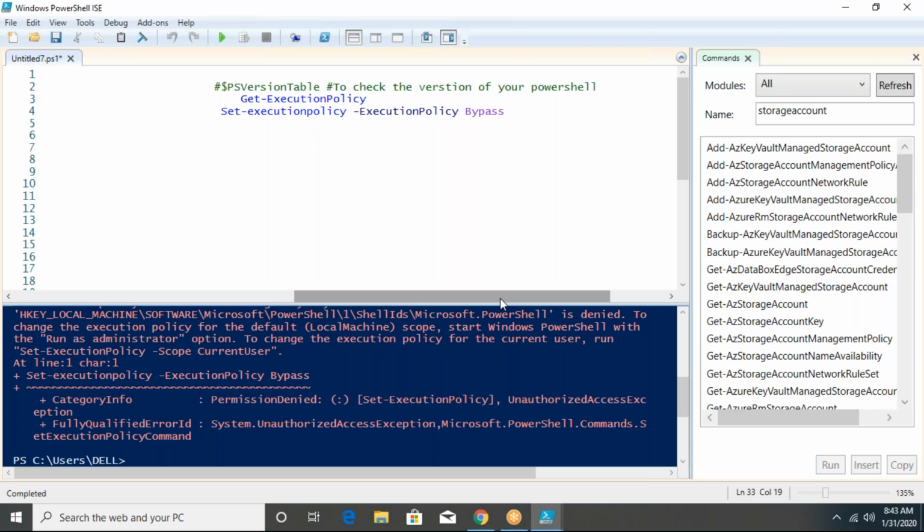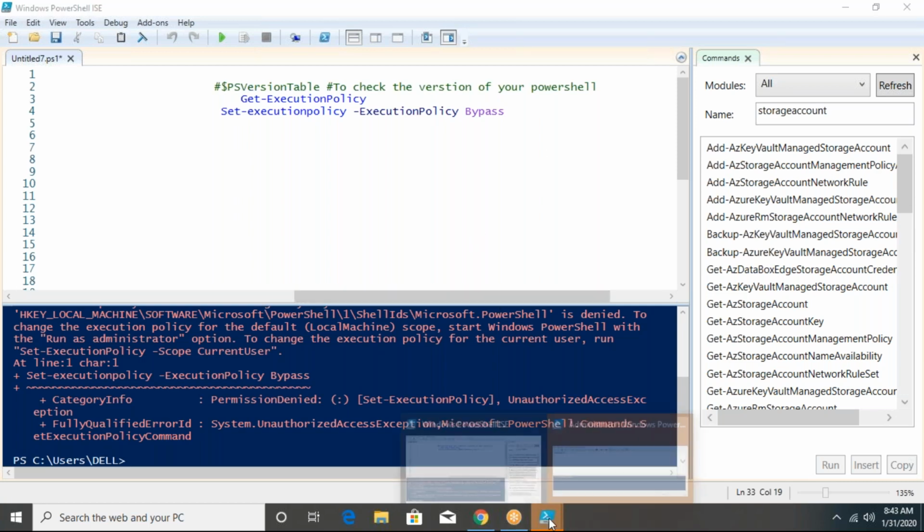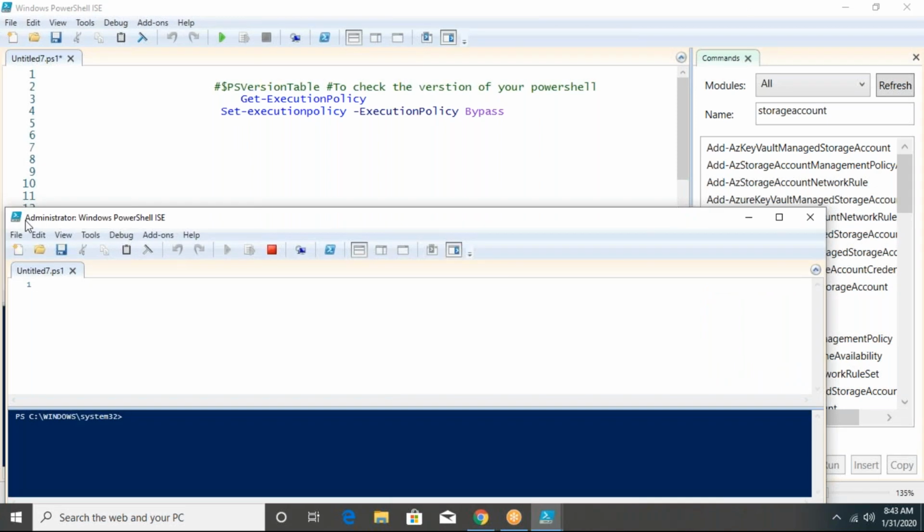The interviewer will ask: what is the version of your PowerShell? Next, what are the policies? What is the use of policies? Now you can see administrator here. That is the difference between your Windows PowerShell and admin PowerShell. Now I can use it. If I want to change the execution policy, what is the command? Set-